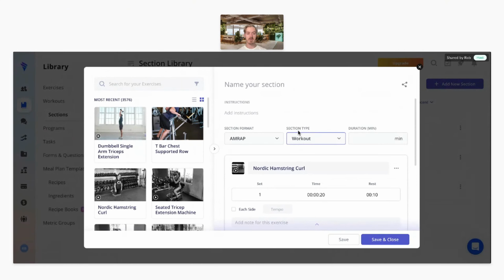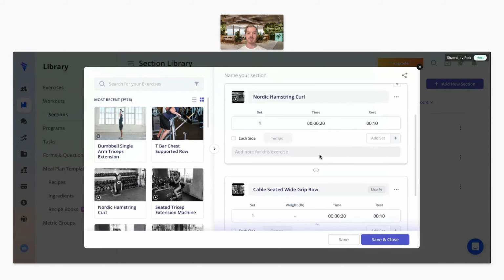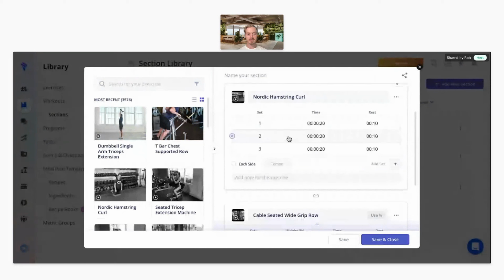Sorry, I'm just trying to switch back to a regular session so I can show you what I mean. So maybe I have 3 sets. If I wanted this one to be a standard set and this one to be a drop set, I would put the drop in for that and then just explain in the note that it was a drop set and to record the first weight and reps in the first one, and then the same thing for the second one. So just explaining that maybe there's 2 drop sets there,